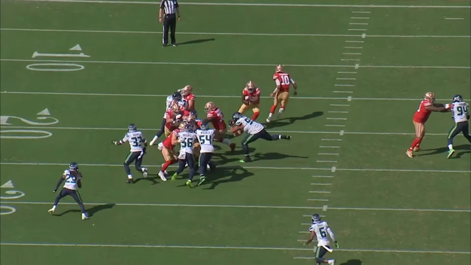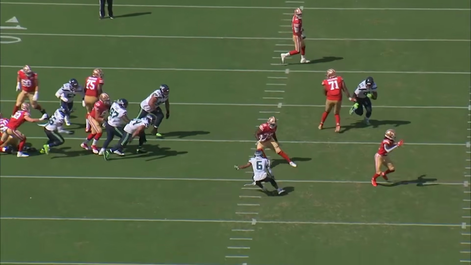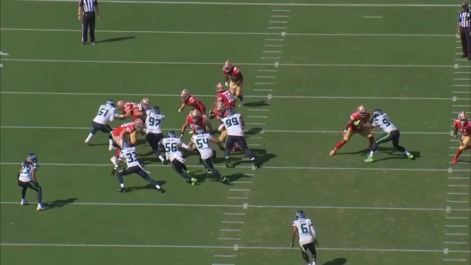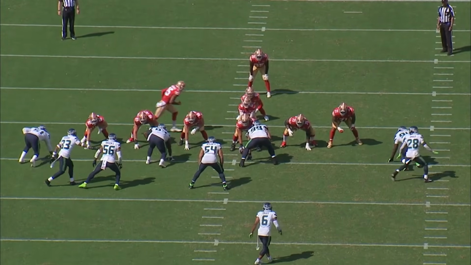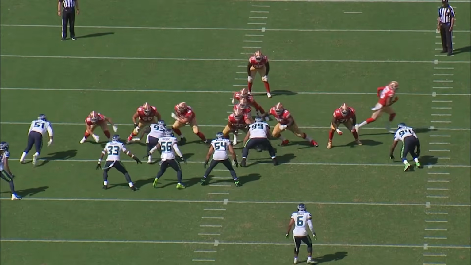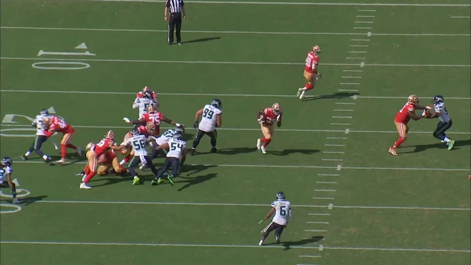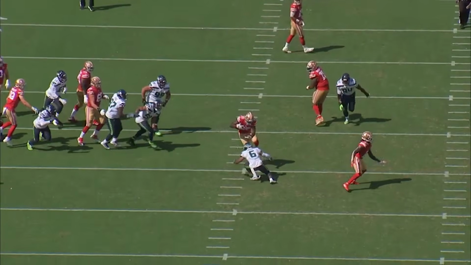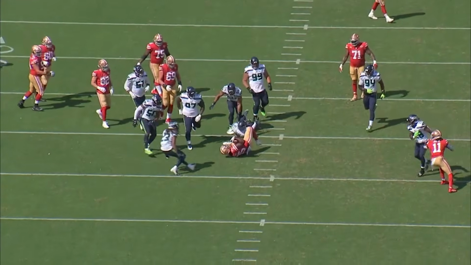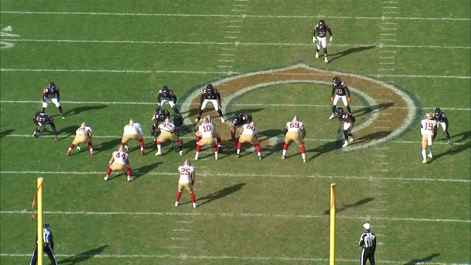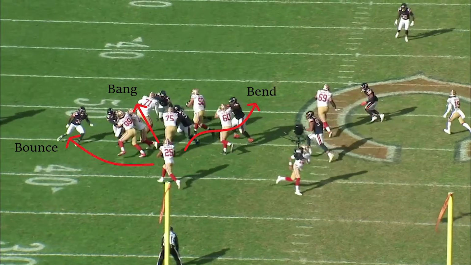I've discussed the zone read offense in more detail in separate videos that I will link below, but the premise of a zone run is the offensive lineman taking a sidestep towards the play side. The offensive lineman on the back of the run must secure the block and allow the forward lineman to move up to the second level. The running back's role is to make a decision and cut to where the offensive lineman has the best leverage. There are 3 cuts and reads a running back can make, beginning from the outside working in: bounce, bang, and